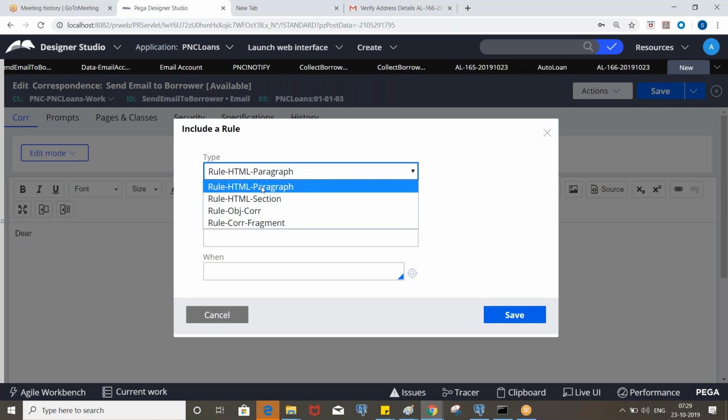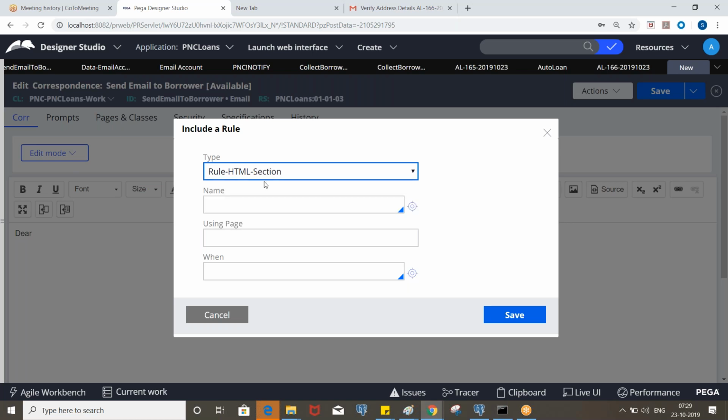Paragraph is just to enter the data. Let's say in some applications you need to provide a lot of static text for terms and conditions. In that case, we use paragraph, where we write more content. We'll work on that later.